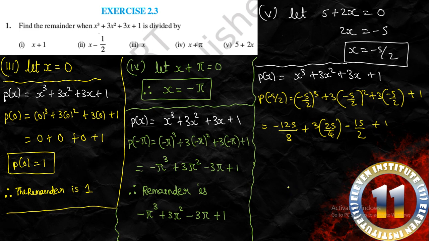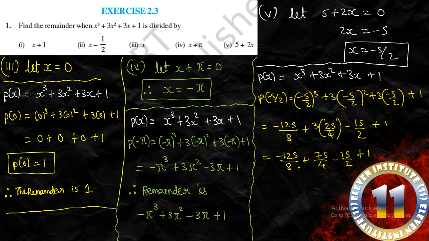So there is no option, you have to take the LCM over here. And the LCM of 2, 4 and 8 is 8, but before that we will write this in some proper format. Yes. So minus 125 upon 8, 25 threes are 75 upon 4, minus 15 upon 2 plus 1. Right, this is it. So now we don't have some space over here. We will continue this in the next slide, but before that please write this much in your CW, and then we shall move ahead with the calculation of this.